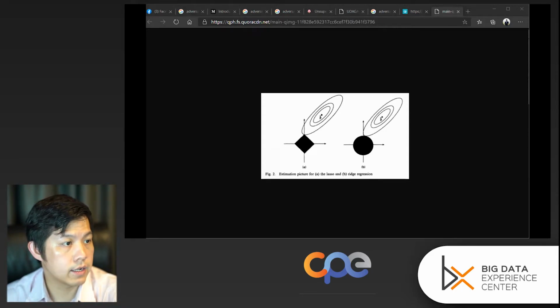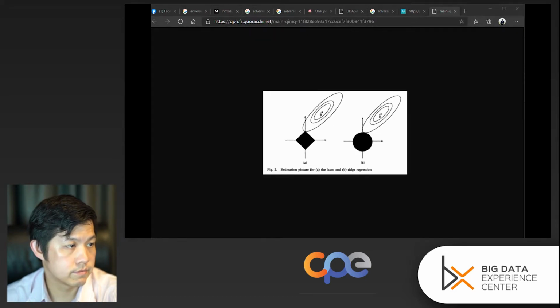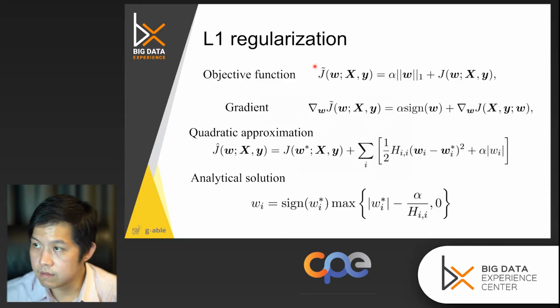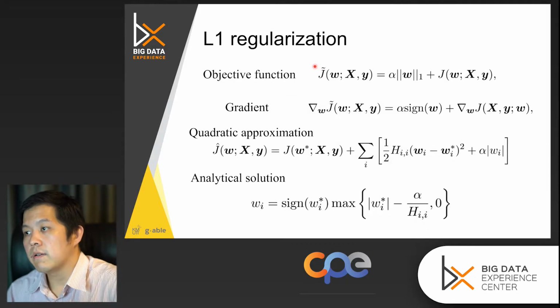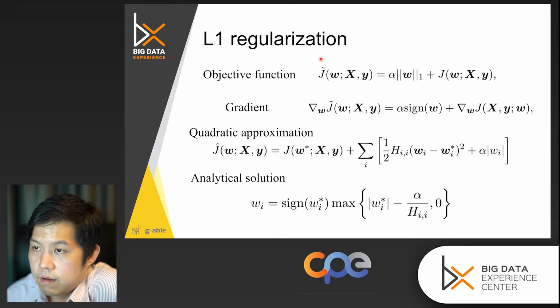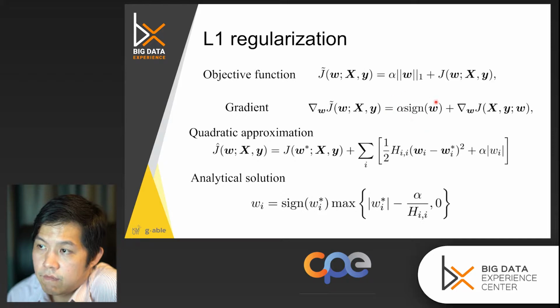If we take a look at the equation here, you can see that from the usual, you have this as the size of W, right? And that makes the approximation of, if we approximate the J here with the quadratic approximation, that is the actual one, and the quadratic of the change of W,